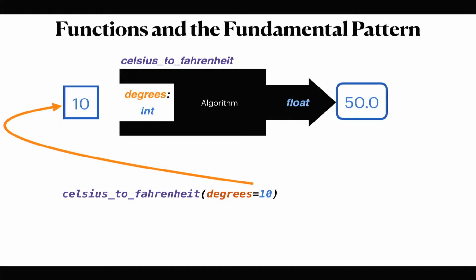And then ultimately, we produced a result of 50, which was of type float. And that's what this expression evaluated to, right? When the program ran. So in our code, we might write Celsius to Fahrenheit, but when we ask Python to evaluate that piece of code, at runtime, when our program is running, it's going to result in a value of